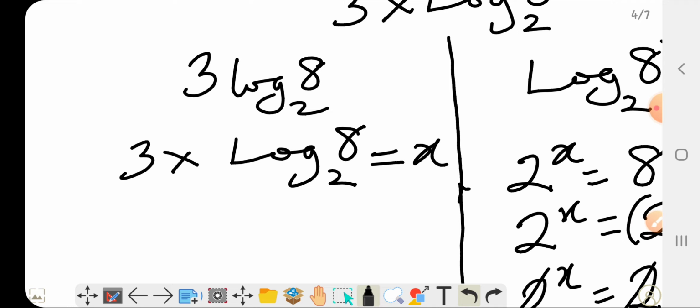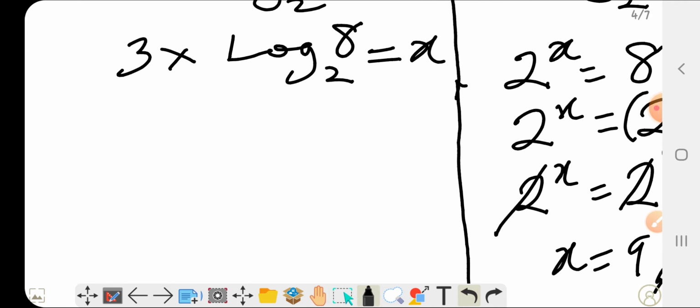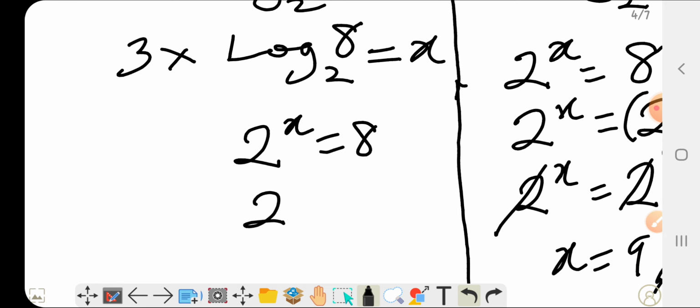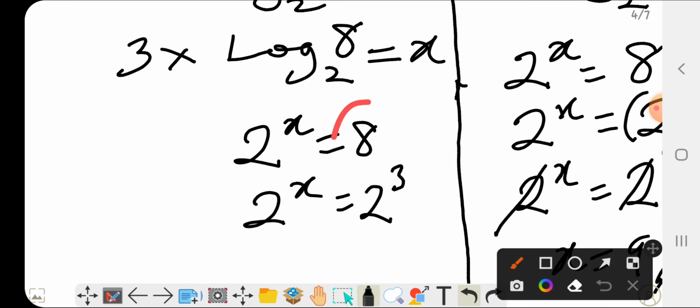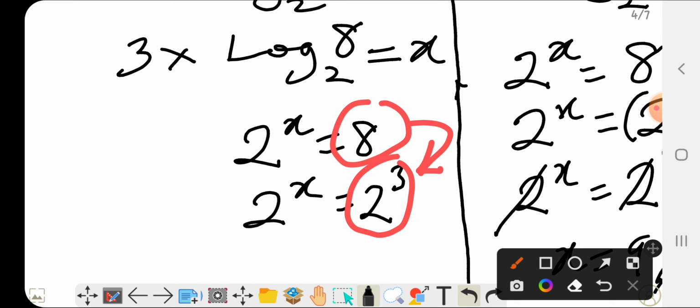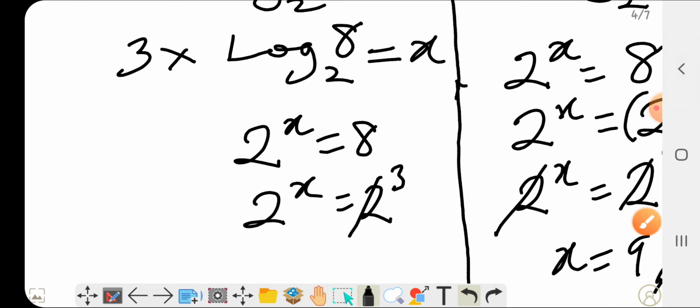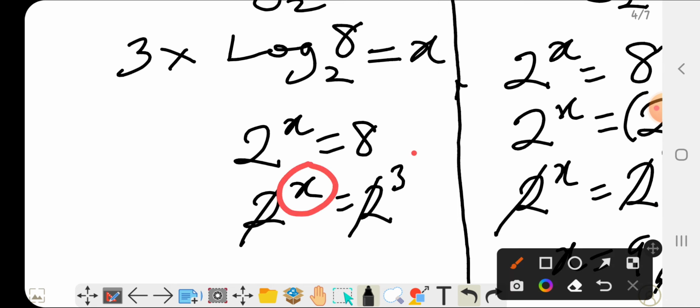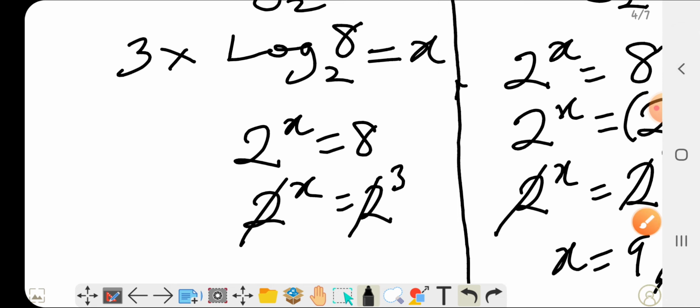So it becomes 2 raised to the power x equals 8. We can have 2 raised to the power x equals 2 raised to the power 3. Yes, 8 can become 2 raised to the power 3, because both sides must be 2 raised to the power something. Then, of course, this 2 can cancel out this 2. Then we are left with just the x and 3. So we'll just say x